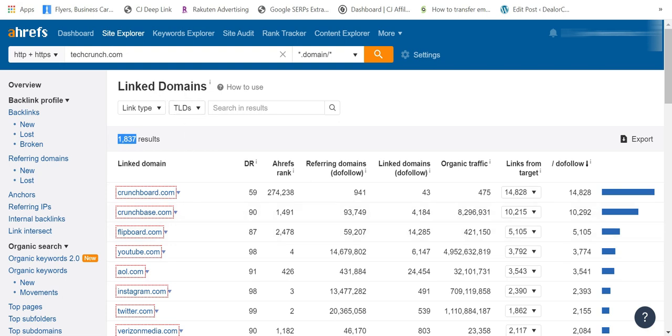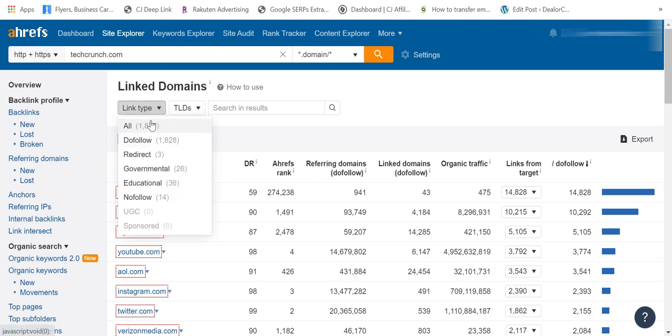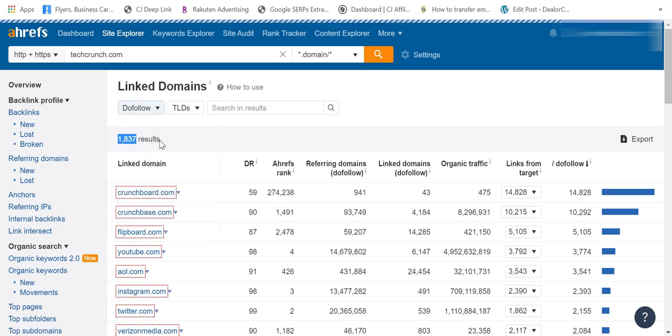Now I only want to focus on the expired domains which are getting dofollow links from TechCrunch. So I will go into the link type drop down and select dofollow.